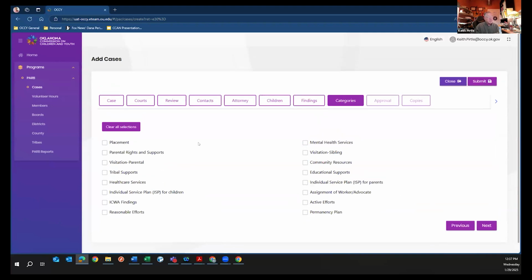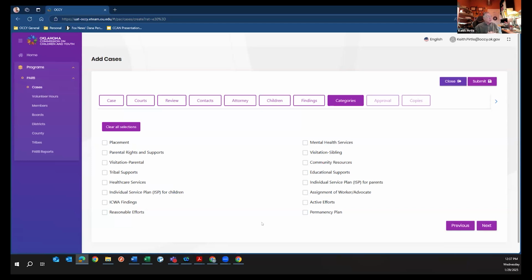The categories, let me talk about those real quick. We really want more of you to do that at this point. In the database, and I'll send out as well, I took in the training manual for the database that I talked about earlier, the last like 5 pages are the recommendation categories with a description. What does it mean when you talk about mental health services? What does it mean when you talk about educational supports?